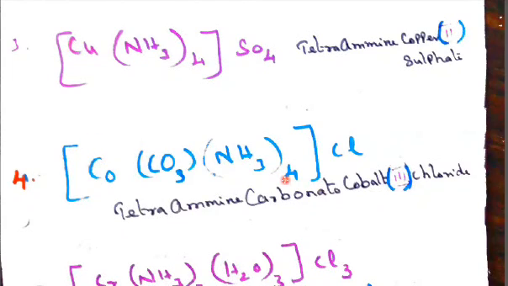First we should come from left to right. First the number, it is 4, tetra. This is only 1. According to the alphabetical order, ammine should come first. So tetraammine, carbonato. Next the central metal atom, cobalt. Oxidation state 3 plus, so Roman numeral III, enclosed in a closed bracket, outside chloride. Tetraamminecarbonatocobalt(III) chloride.